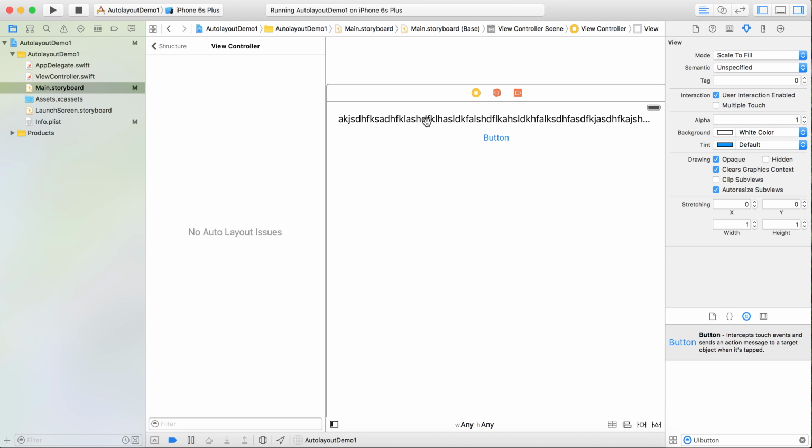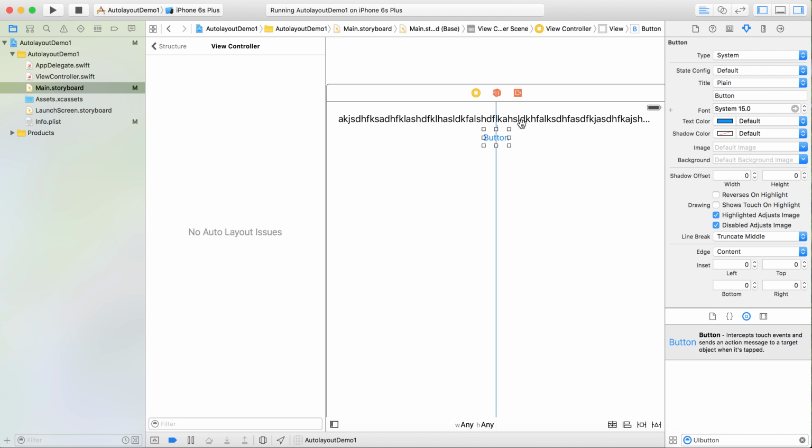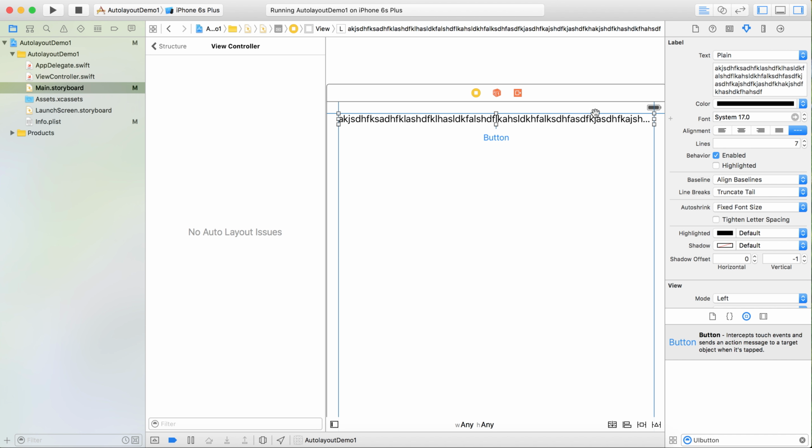We can see here these two UI views have their own content. The button also has a text, and the UI label also has its own text, so they can calculate how much area they need for calculating the frame. But there are some other views that don't have any content, right? So they cannot calculate the height and width on their own, so we have to provide more constraints there. Okay, for example,